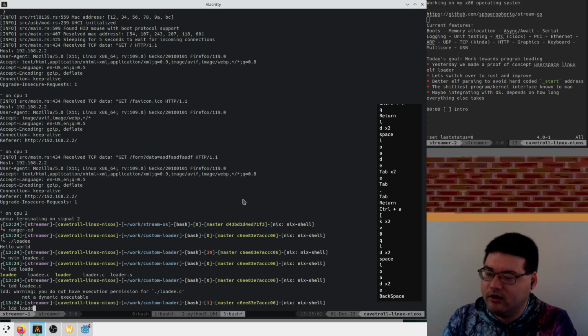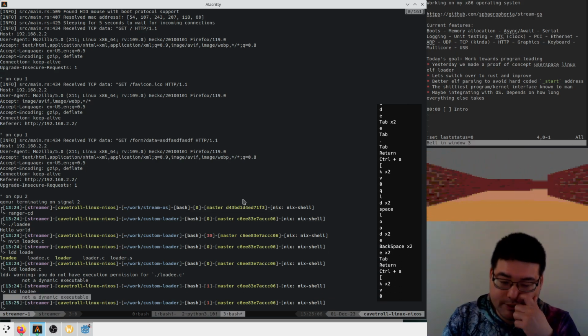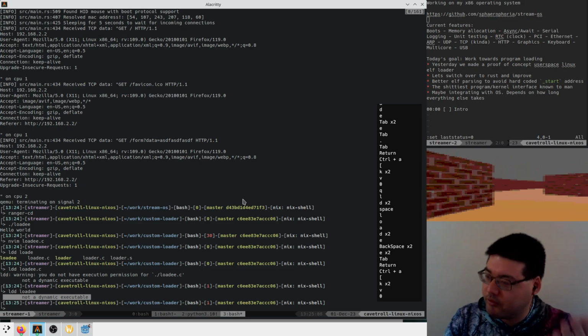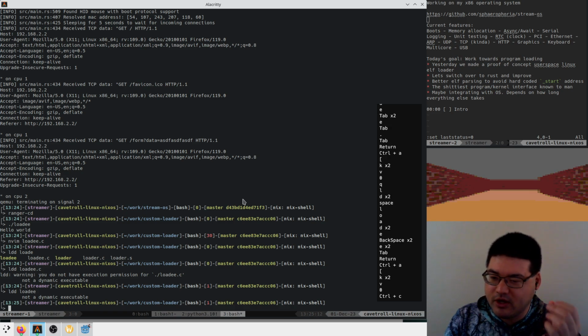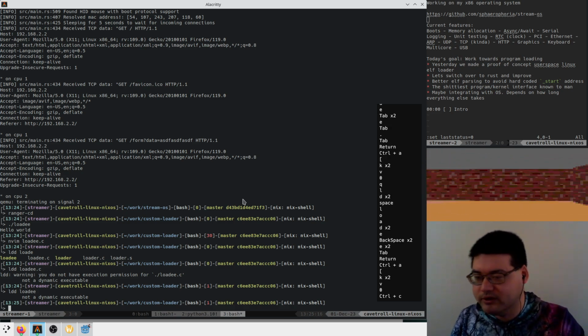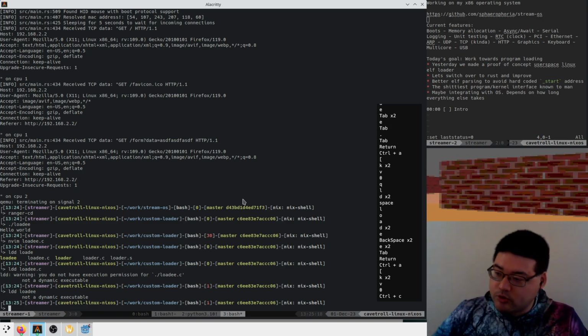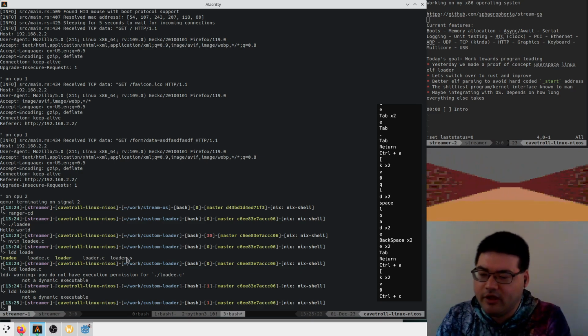where if I look at this program, it says that's not a dynamic executable, which makes the process loading much easier for us. We also compile it with position independent code, relocation enabled, so that our operating system will have the luxury of being able to put it wherever in memory it wants, instead of having to set up virtual memory and put the process in the right spot. Then we wrote this loader,